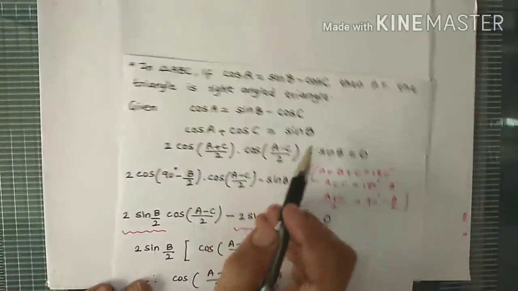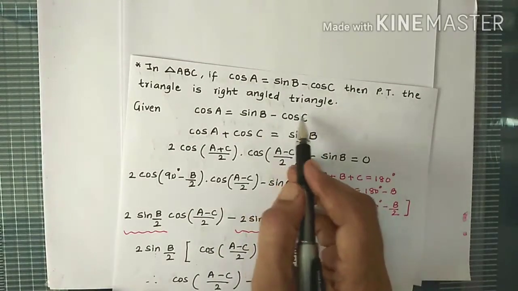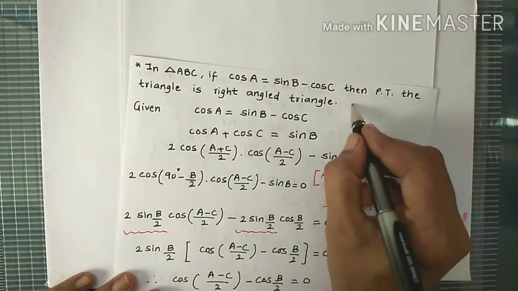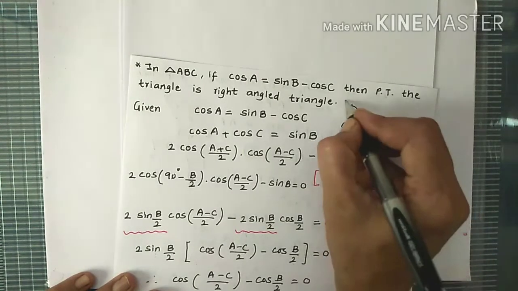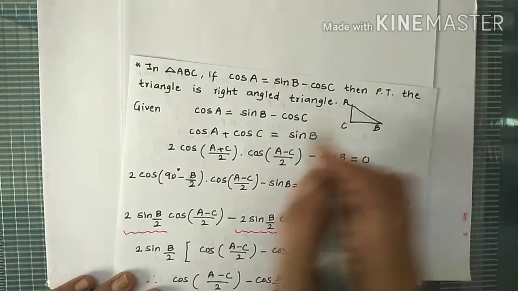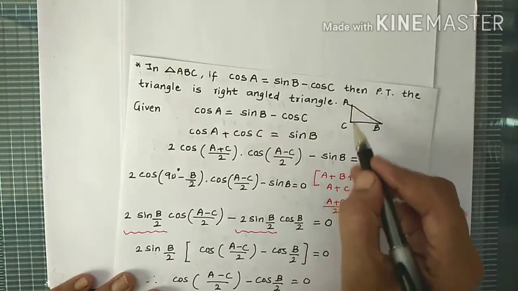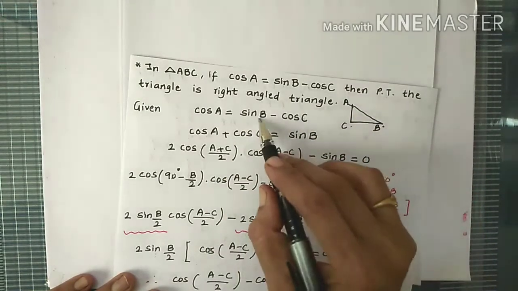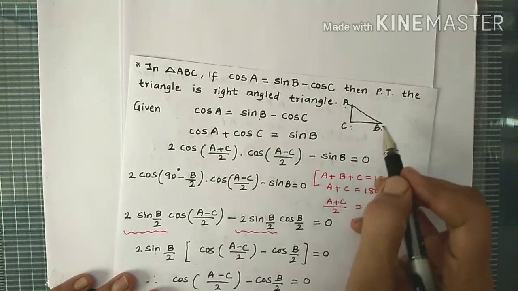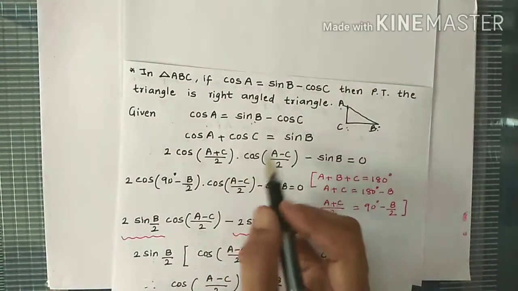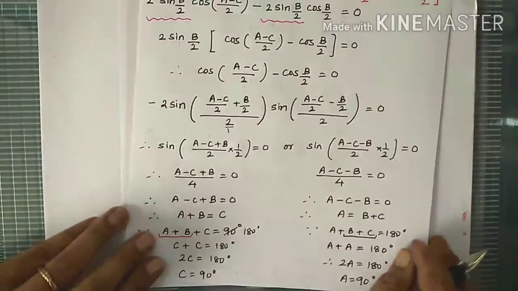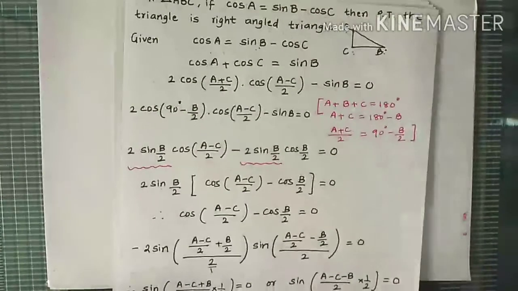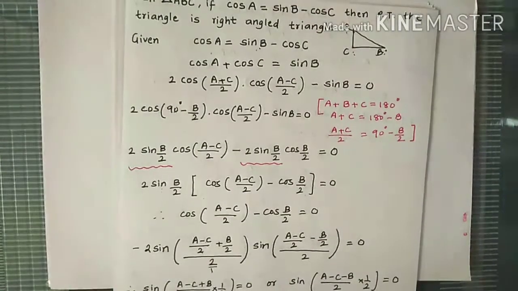You can verify this. If C equal to 90, what we get is here cos 90, and cos 90 is 0. If C is 90, we get the diagram like this. C is 90. And what will be cos A? Cos A is AC upon BC. And what is sin B? Sin B is also AC upon AB. So both are same as cos C is 0. Similarly, you can verify that A equals to 90 gives you the equality. Okay, so this is the question.